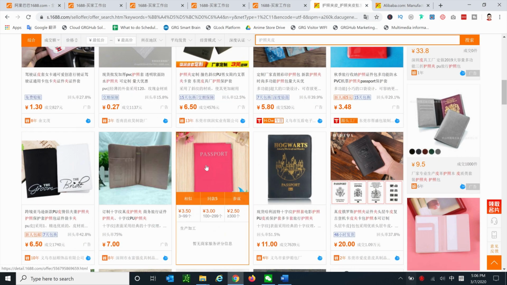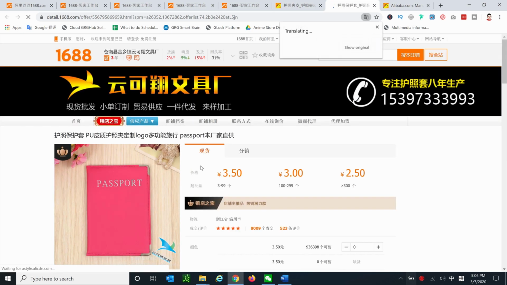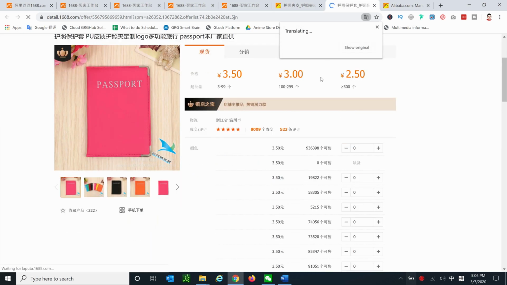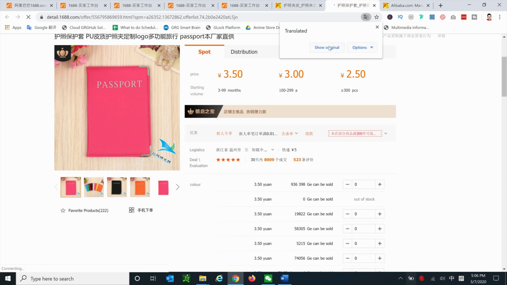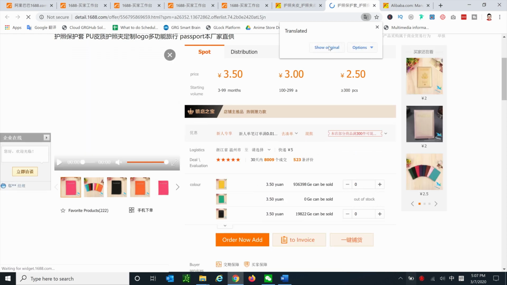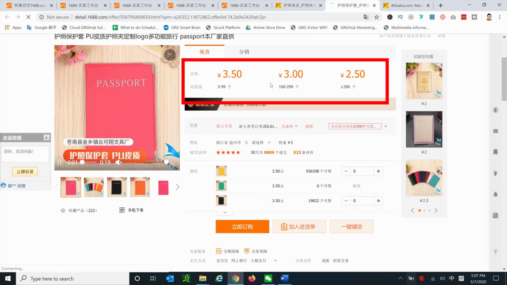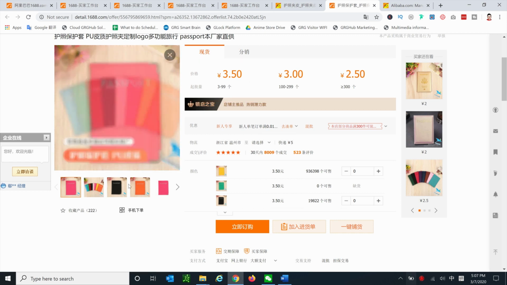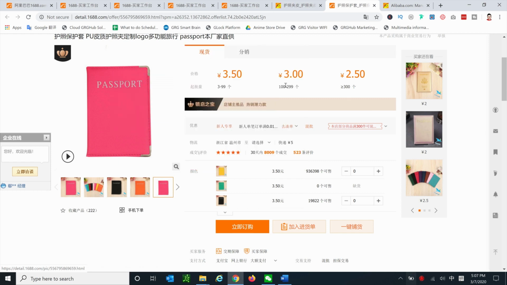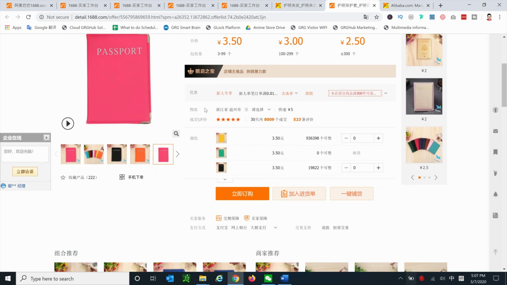Scroll down. I'm going to choose this one as an example because it stands out to me. Okay, so an introduction of how to buy things here. You can see 3 different prices on top. These prices are based on quantity. If you buy between 3 and 99, it will be 3 yuan and 50 cents. If you buy between 100 and 299, it'll be 3 yuan, and then you can kind of do the math